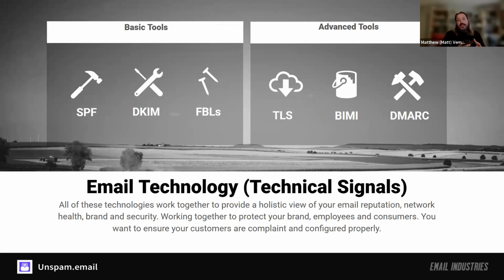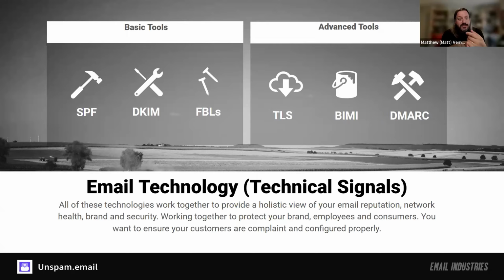But where are some of the pieces maybe as a sender you don't control, but you need to be aware of, right? TLS, making sure that communications between networks, and this is clearly something the network owner is responsible for, is to ensure that that conversation is secure as best as possible so that messages aren't delivering over clear text where someone might be able to observe the content of those messages. So definitely make sure your providers are sending in a secure, communicative way using TLS encryption between platforms.